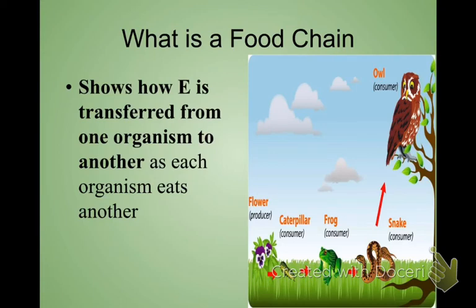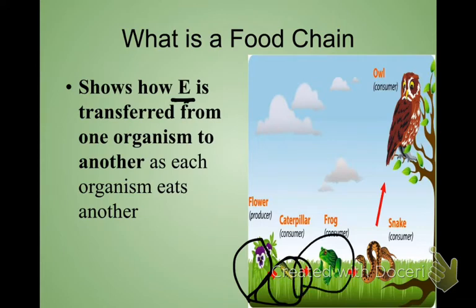So now we're looking at a food chain. Food chains show the transfer of energy. Food chains do not show what eats what. They do not show that. They show where energy is moving. Okay? If a food chain showed what eats what, then they would say that this flower ate the caterpillar, and that's foolish, or that the caterpillar ate the frog. Okay, they do not show what eats what.